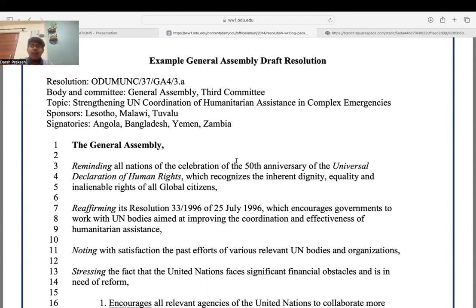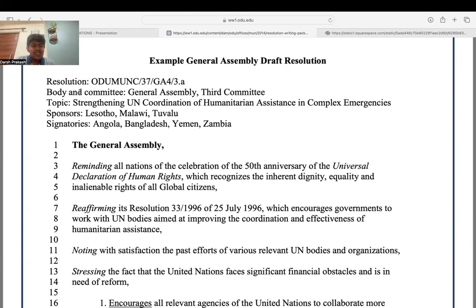Basically, in these 2 pages, you need to summarize all the points stated during the committee regarding certain policies, what changes you require, what things you can do in the future, and all that stuff, right? So there's a basic format that you need to follow. This is an example of a General Assembly draft resolution. General Assembly means a UNGA assembly. So we all can have a look at it.